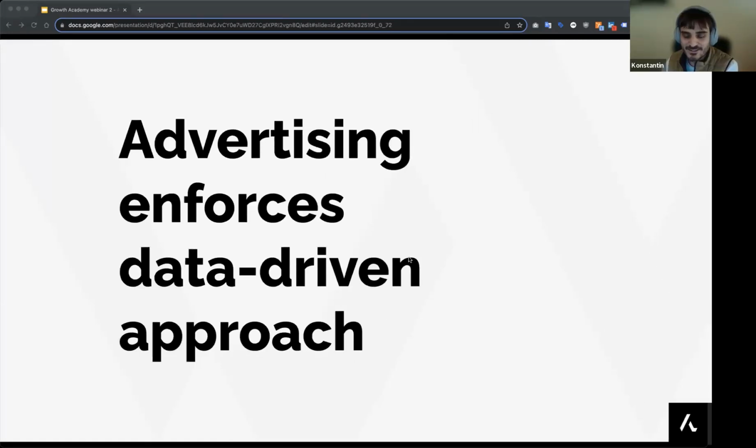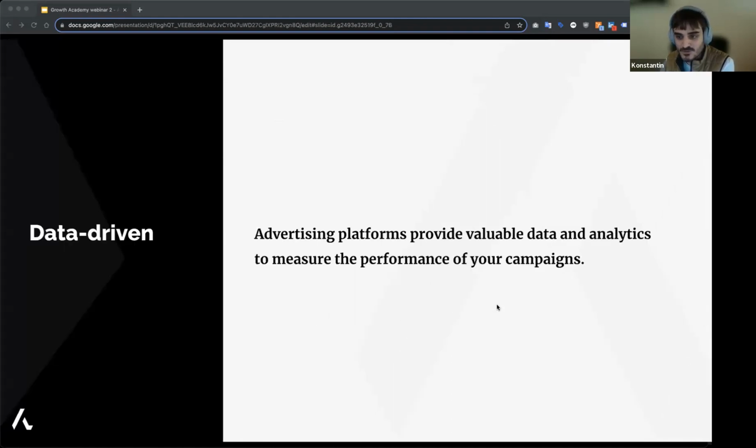Exactly. And like you said, you can create the greatest looking article, but who's going to see it? And we already have these tools that have all this data and all this information. And when someone is searching in Google, you don't really know who that person is, or are they our target? Do we really want that person to look at that article? But when we have the data from these platforms, we can show it to the people that the article was intended to be for. So yes, data-driven approach and using data from platforms.